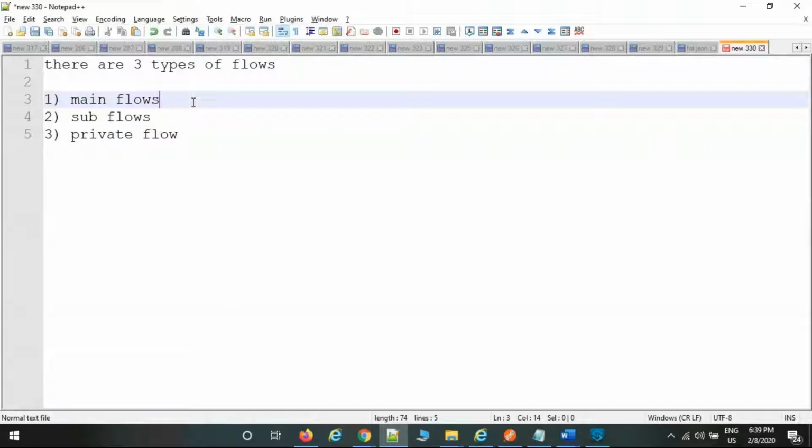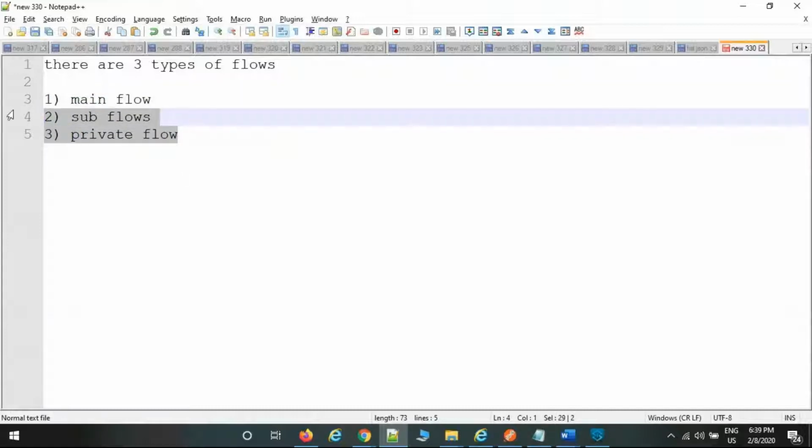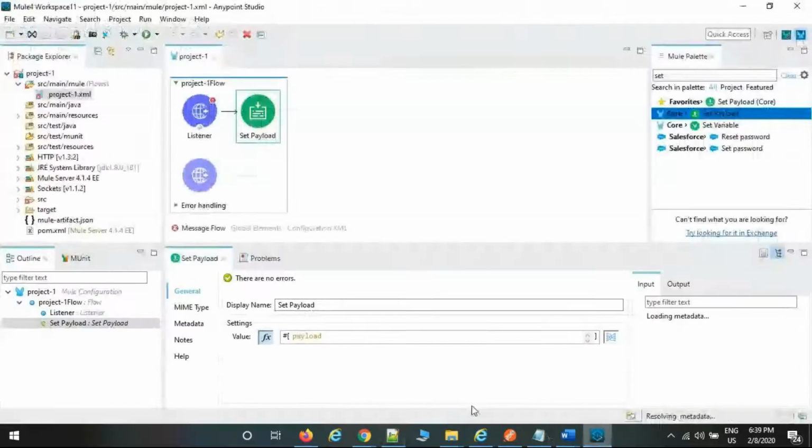What do main flow, subflow, and private flow mean? Main flow is responsible for collecting the data, and it is handed out to the process. In the process, we configure multiple palettes.